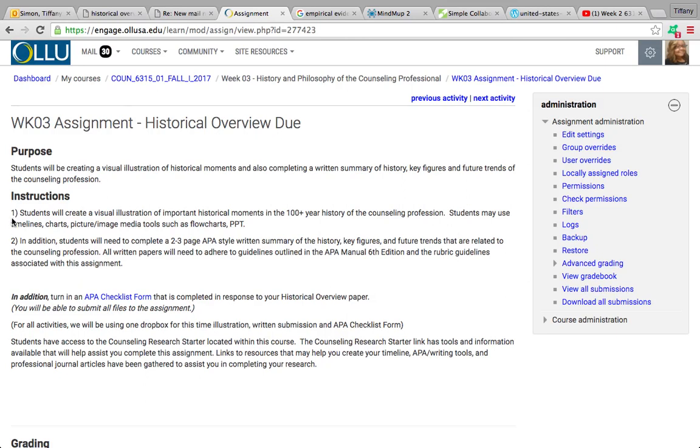So one of the components of the assignment is going to be a visual illustration. Now you have the creative freedom to use whatever type of media you'd like in order to upload and create the timeline. But there are a couple that I just wanted to highlight, and you're free to use these or you can use something else. Many of you are teachers, so you may already have a timeline type tool that you're already comfortable with that you want to use. Just make sure that whatever format you are using, you're able to either upload the document or send me the link if it's something that's web-based so that I can access it so that I can grade it and give you feedback.